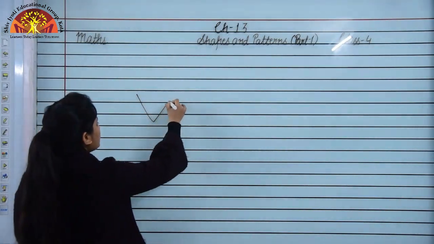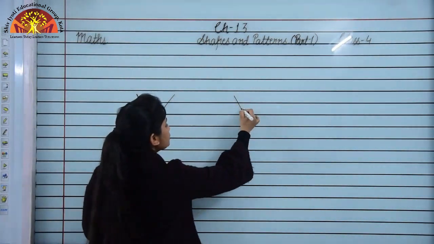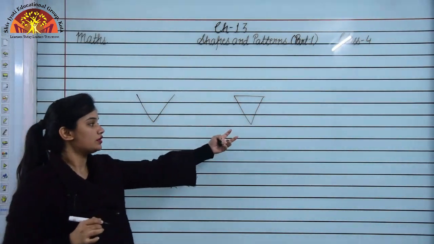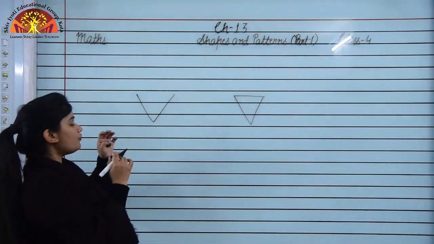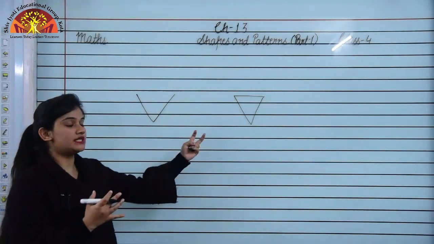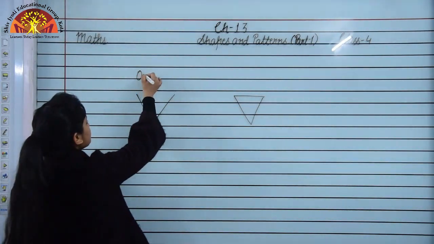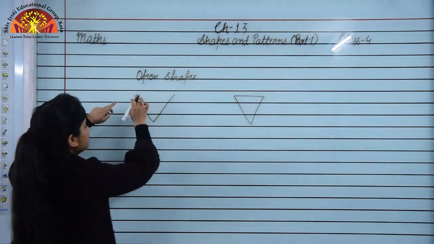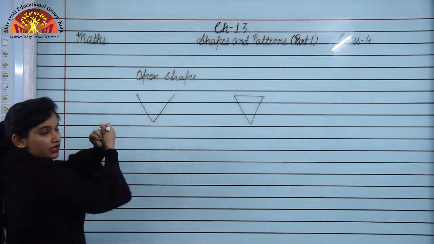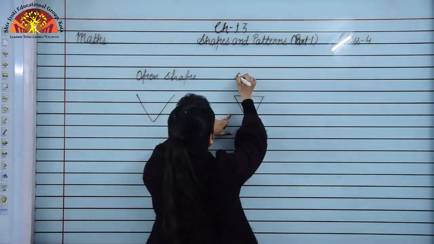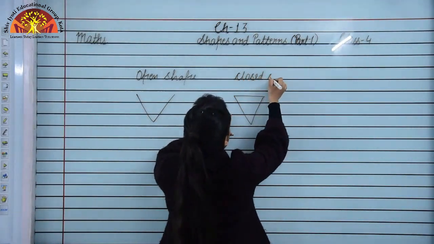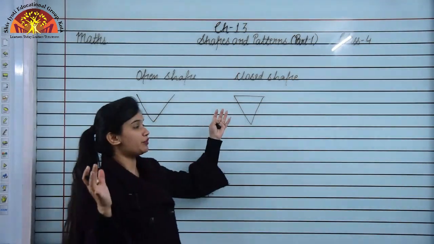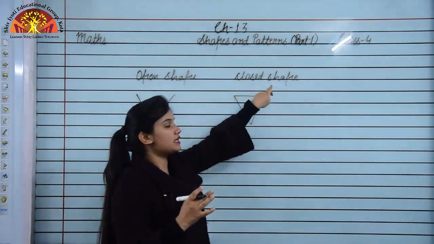This is a shape, okay, and this is also a shape, right? These are two shapes here, we can see. Now what we are observing here, what is the difference between these two shapes? This is an open shape, right? You can see this is open, ये बंद नहीं है, ये यहाँ से खुली हुई है, and this is a closed shape. Okay, this is a closed shape. Okay, now this is perfectly closed, so we will say this is a closed shape.